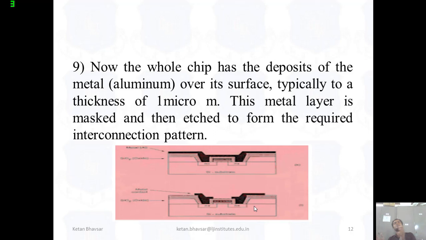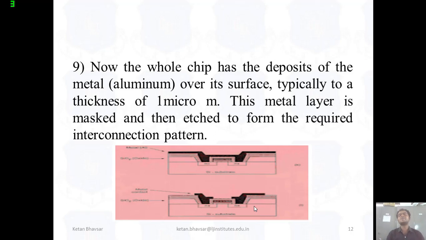So it is very clear. Suppose you are designing an NMOS, then you have to take a P type of substrate. If you design the PMOS, then you have to take an N type of substrate. Suppose you are designing an NMOS, then your doping type should be N plus, and if you're designing a PMOS, then your doping type should be P plus. So only two steps change, and the remaining seven steps must be the same.